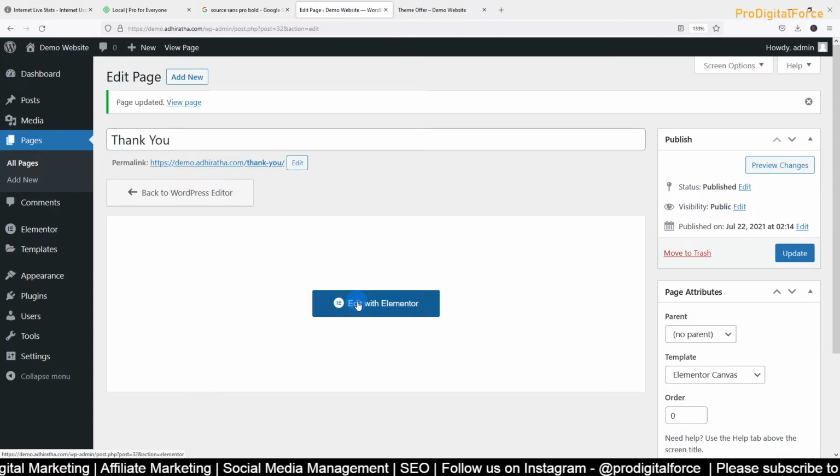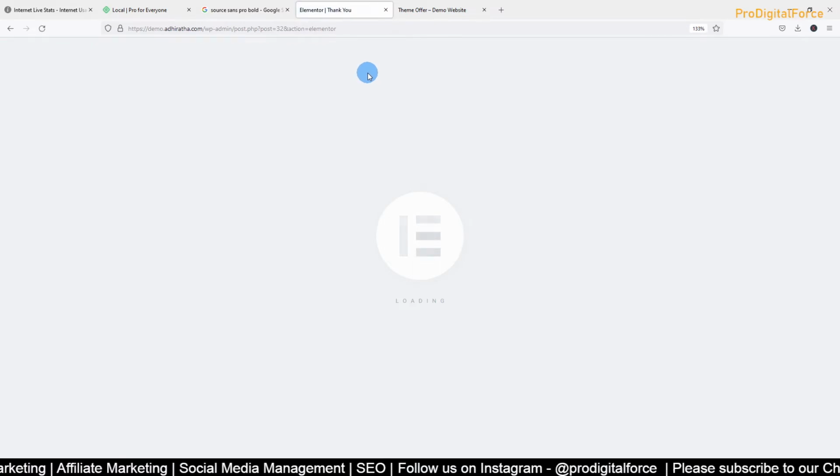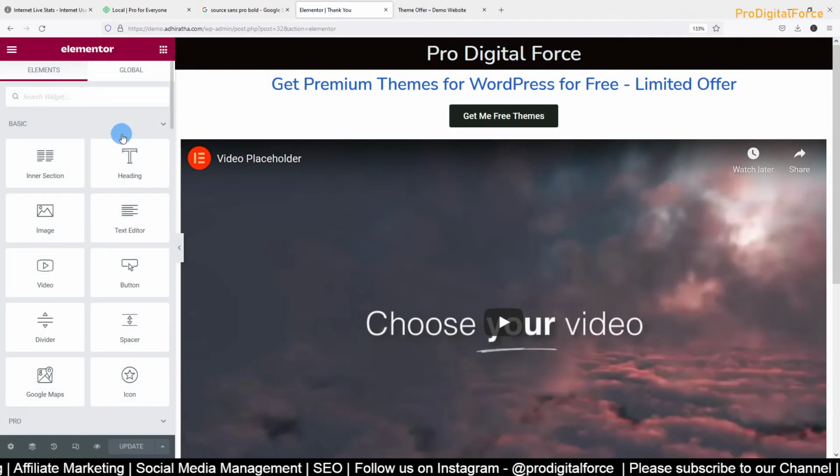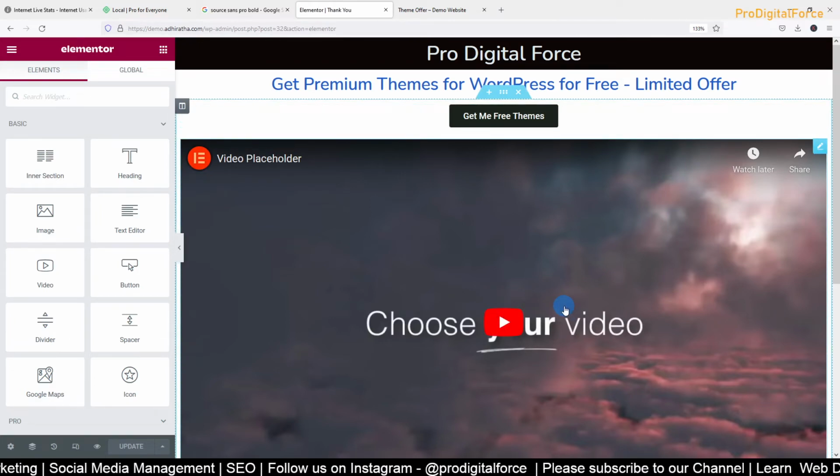Now I'm going with edit with Elementor. Right. See, now you got the same thing one more time. So you need not do it from scratch again, right? So this is how you can use this clone plugin. If you're creating similar pages, you need not do it from scratch again and again. That's why I showed you adding that plugin when it is required, and for what purpose we are using it. Because WP Reset you already saw how it works. So this is how it is.